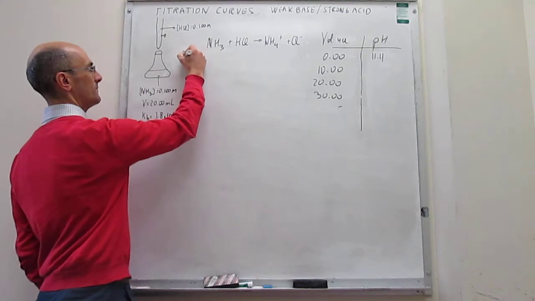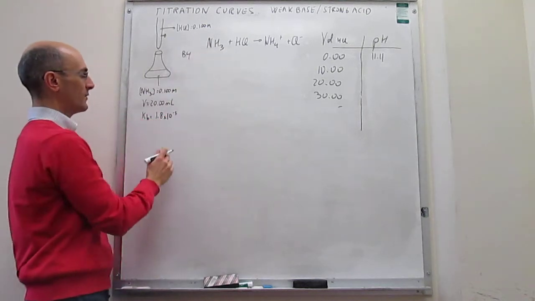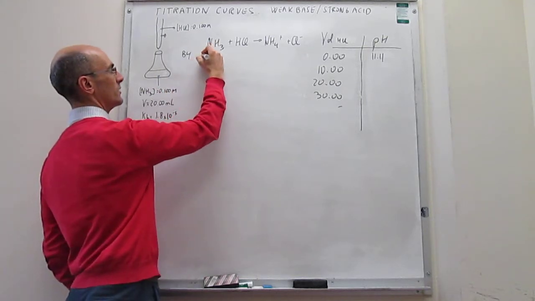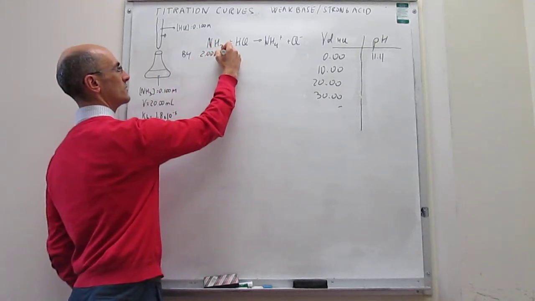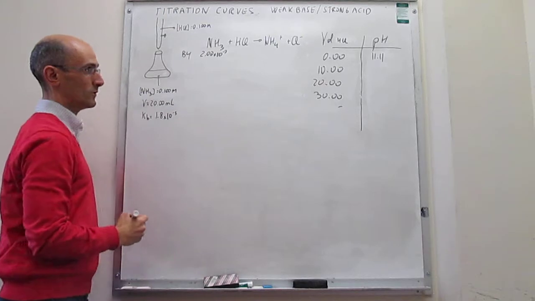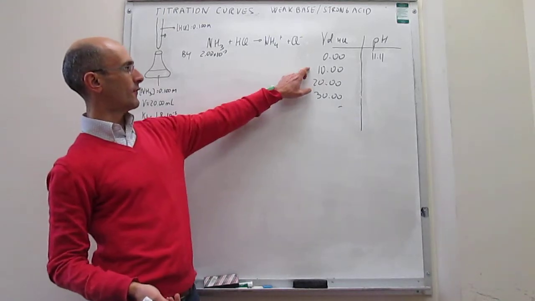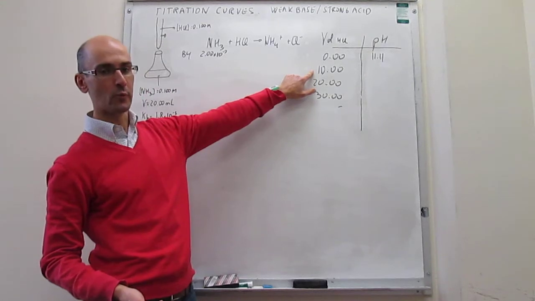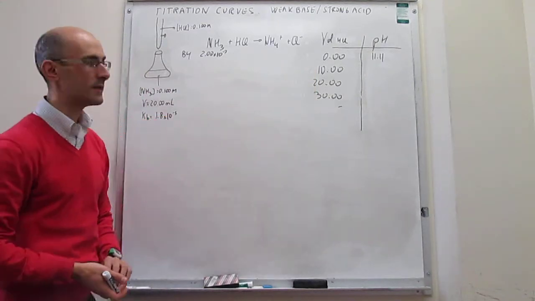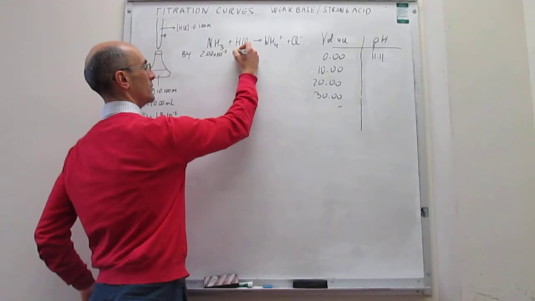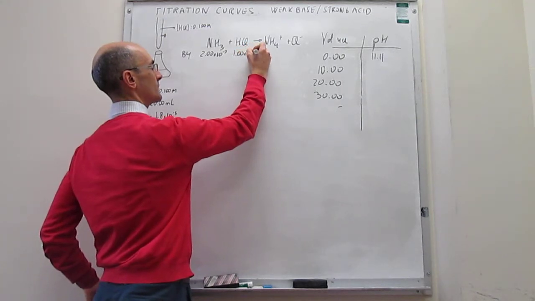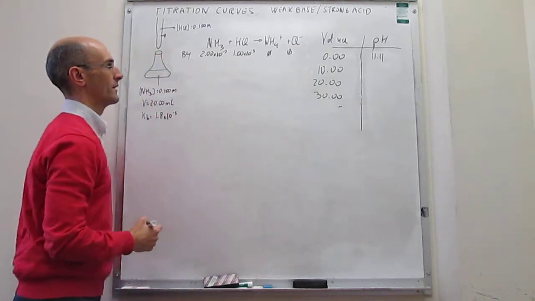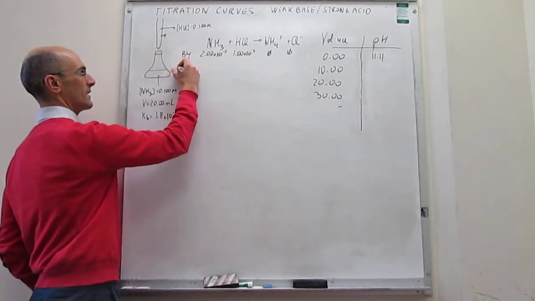Right, so before, the number of moles of ammonia will be the concentration times the volume, which is 2.00 times 10 to the minus 3 moles. And then for this particular point in the titration, you will have 10 mL of 0.1 molar hydrochloric acid, and the moles of that is 1.00 times 10 to the minus 3, also in moles. And you have nothing of the products. Okay, but after the reaction takes place,